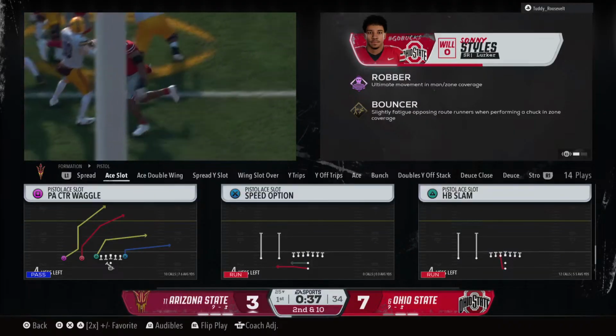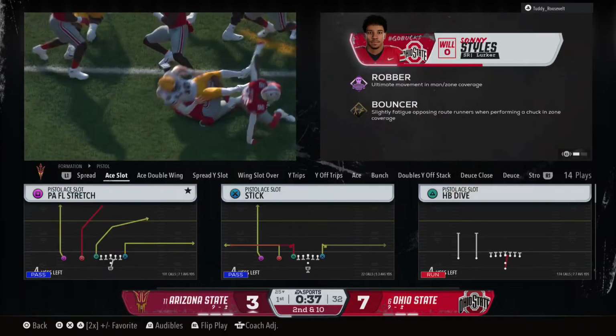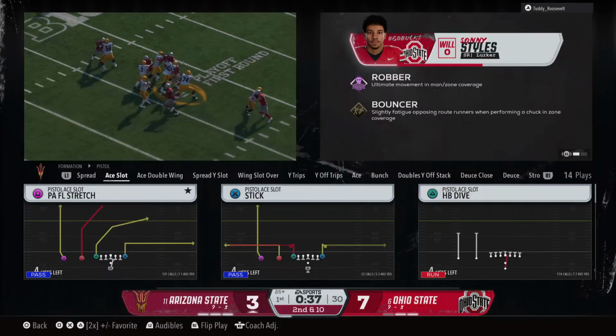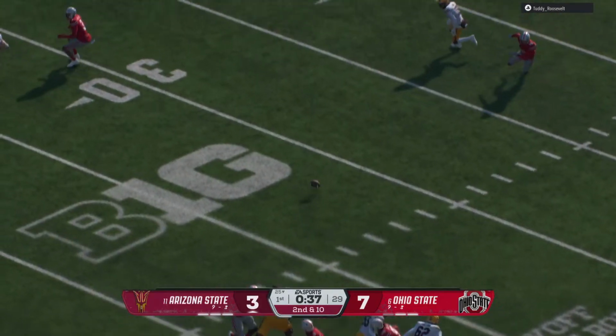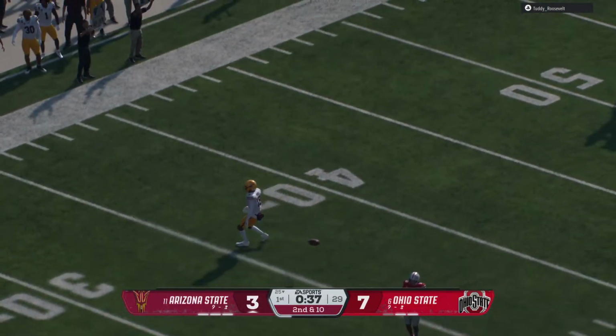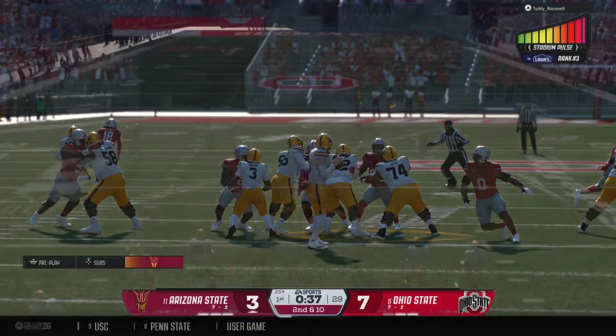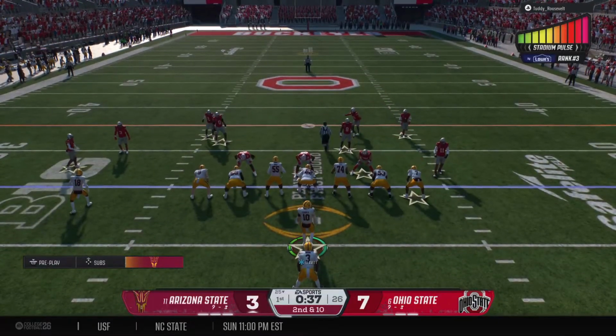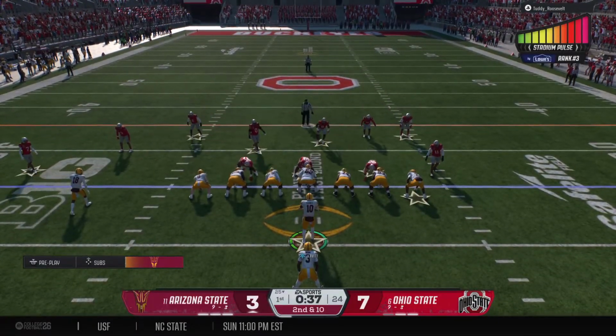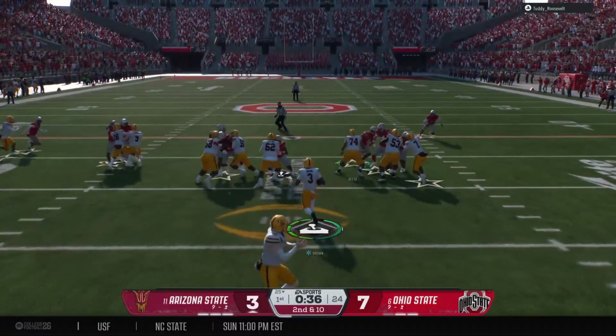Anytime a quarterback's able to recognize a free rusher like that, that's what the check down is for. He has to recognize the protection issues quickly and pivot. At the 25, it's 2nd and 10. Can they make it a 3rd and manageable here? He's going to hand this off.